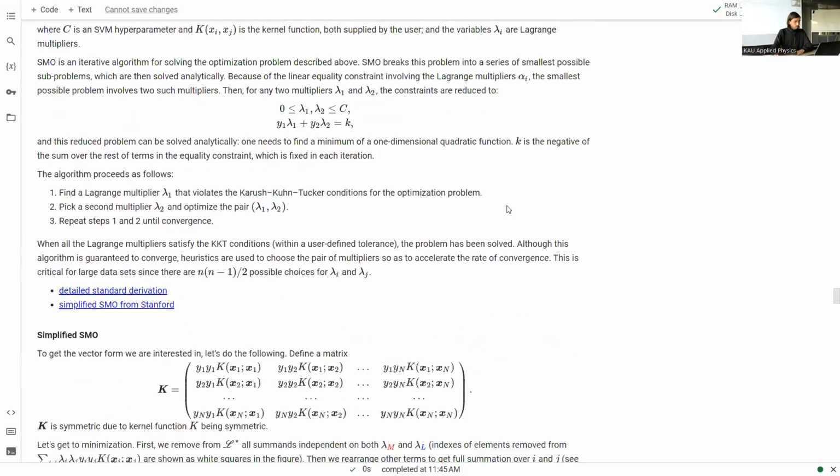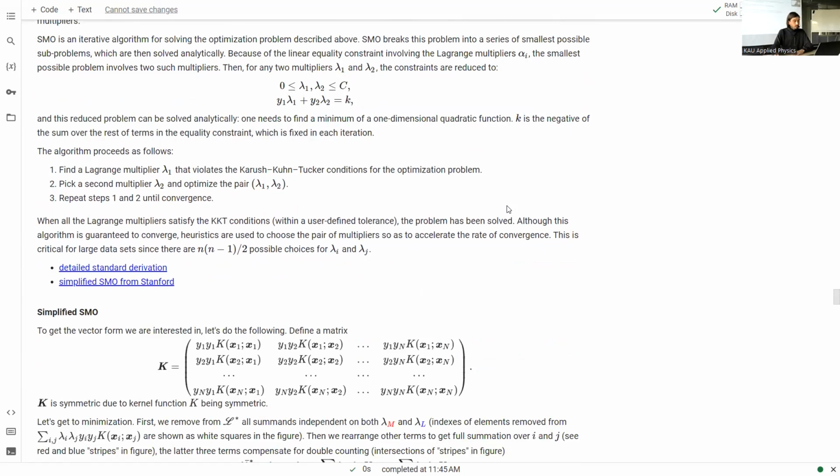Now I will show you a simplified version of the algorithm as I have implemented it. So this is my implementation, and I don't think you will find it somewhere else in this form. Of course, SMO is a well-known algorithm, but this simplification that I want to show you,